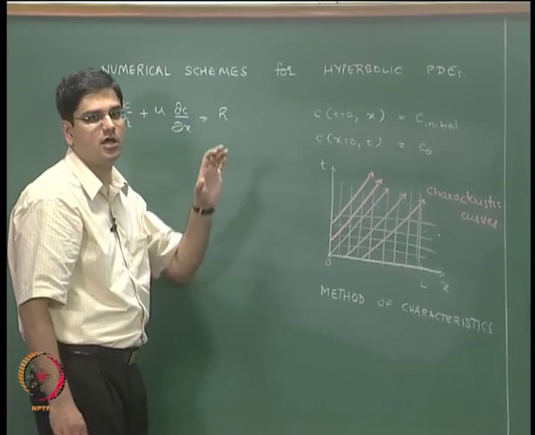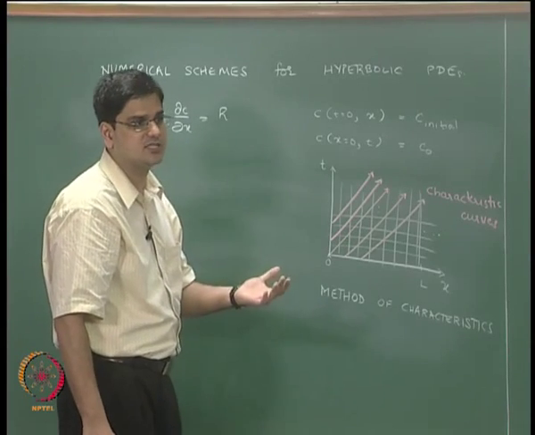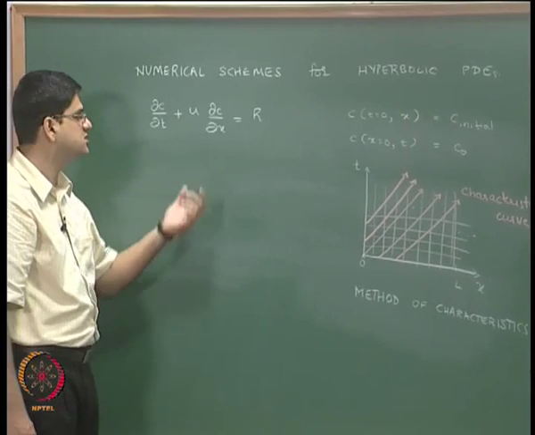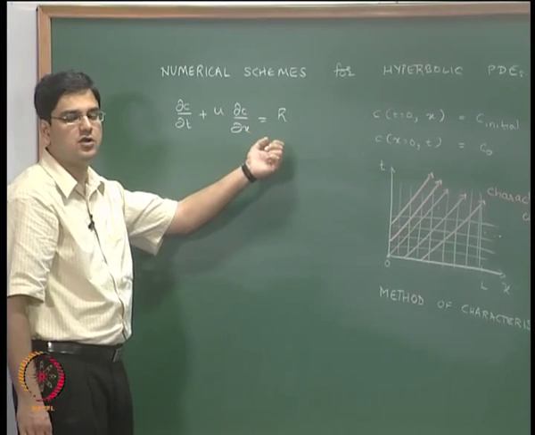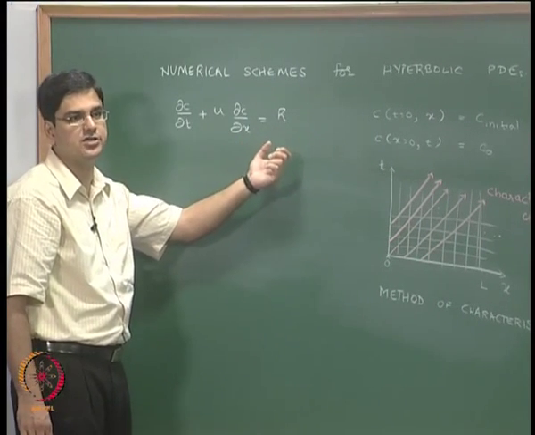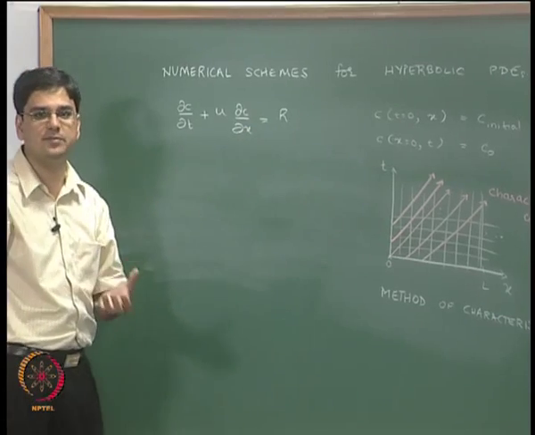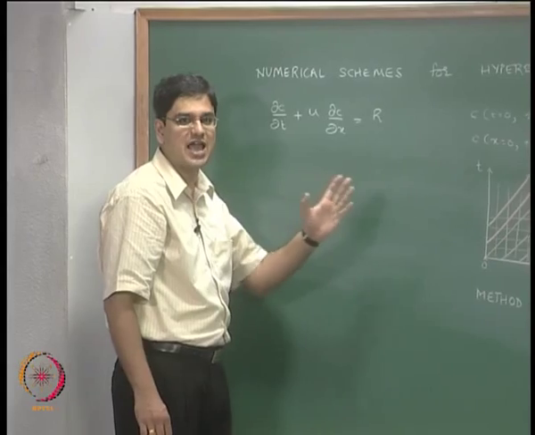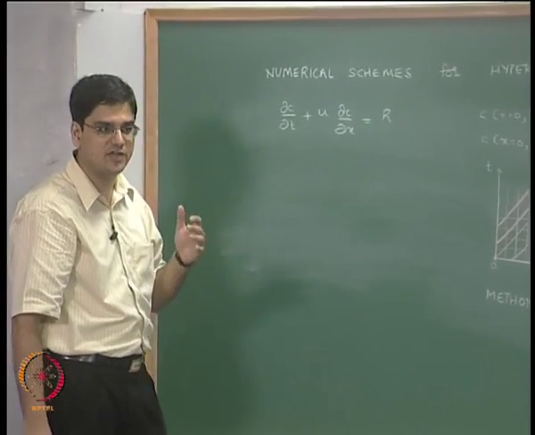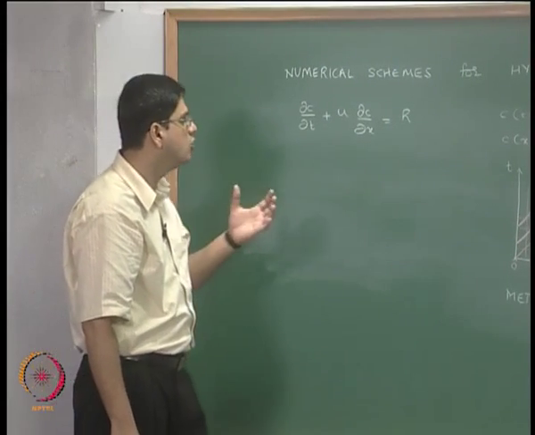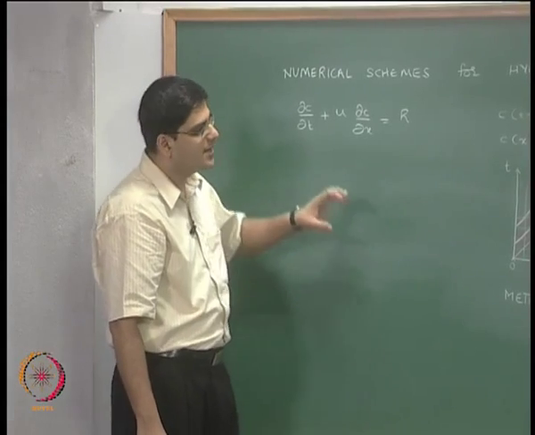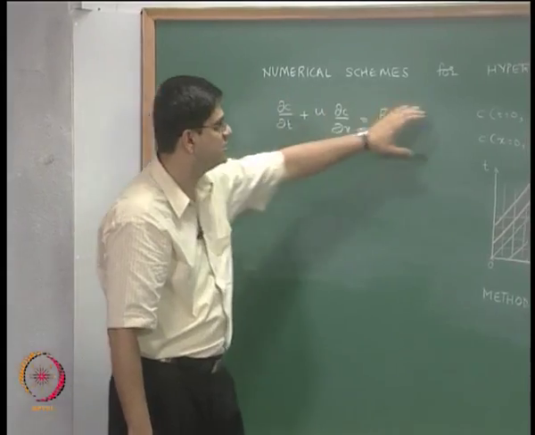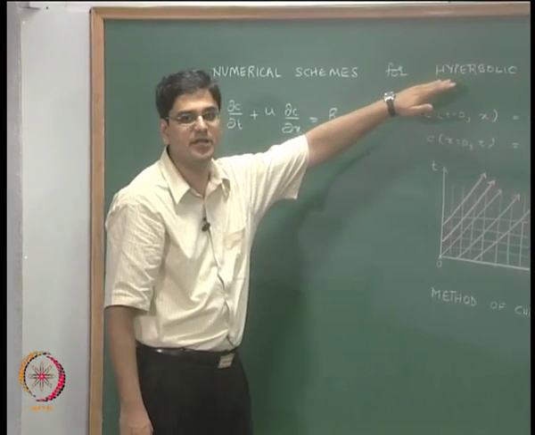Now, because of the similarity between the physical nature of parabolic systems and the hyperbolic system, keep in mind the difference is that you do not have a d square c by dx square term, and if you recall, the d square c by dx square term comes in because of the axial diffusion or axial dispersion within the reactor. We had done this when we talked about ODE boundary value problems. So in absence of that particular term, we get hyperbolic PDEs.